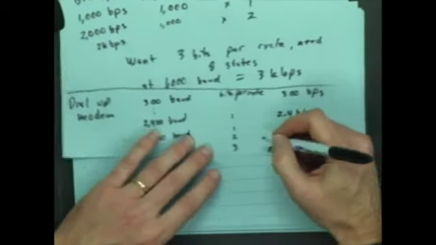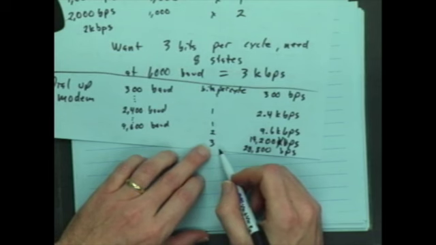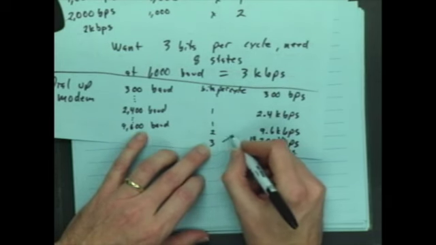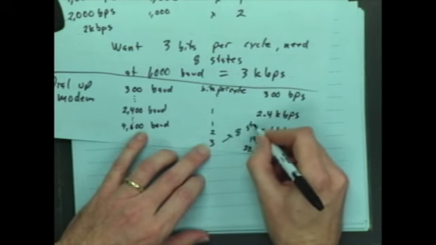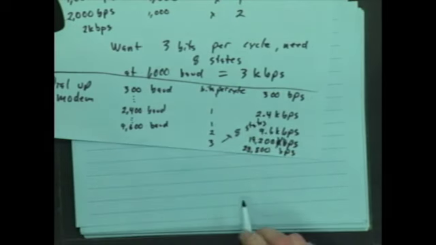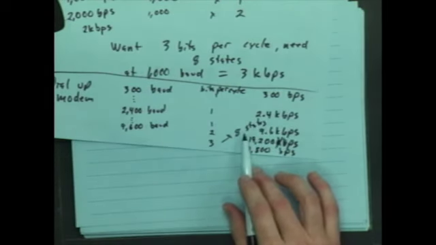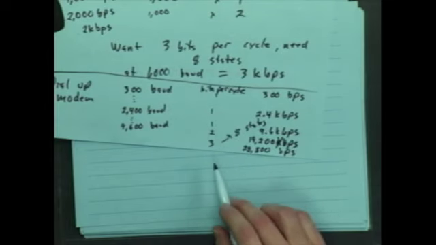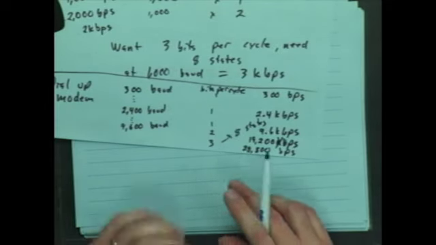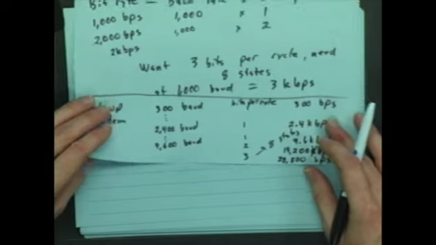We'll note here, how many states do I need to get my 3? I need 8 states, okay? So remember all of these things, okay? 8 states, that's harder to keep track of in order to get that done, okay? You have to keep track of all the bits going on. So that's baud rate, bit rate,